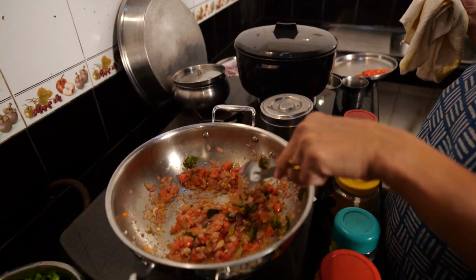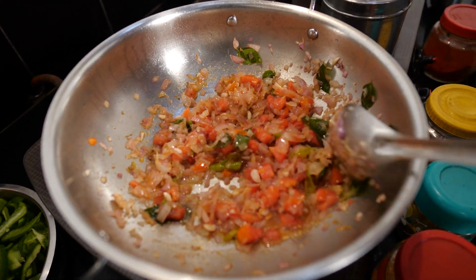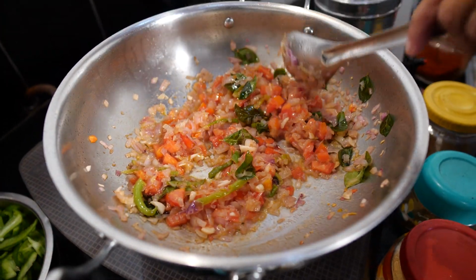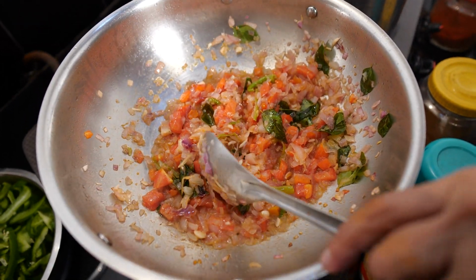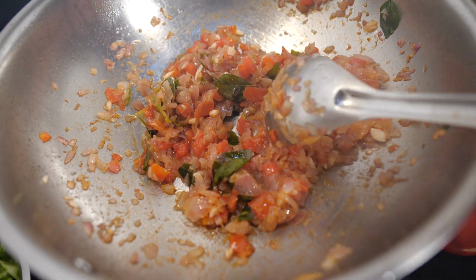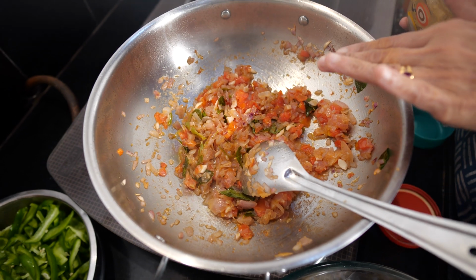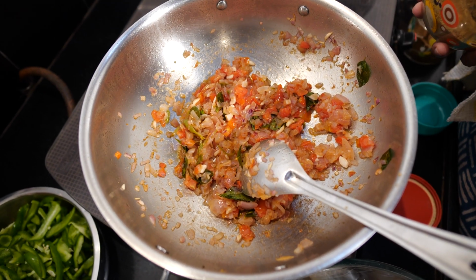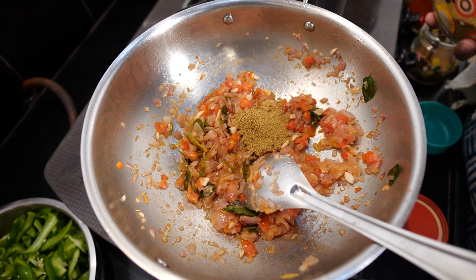High flame, let it be on the high flame. That raw aroma of it should go. It's high flame only. Keep this on a high flame only while cooking, because once the tomatoes are soft and cooked and the raw smell goes away, put in 1 teaspoon of coriander powder,